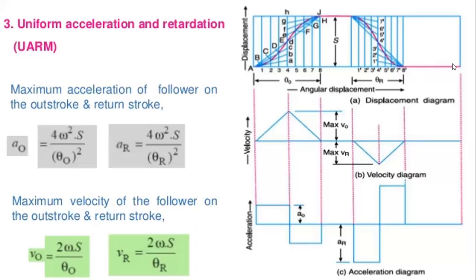Then we have the dual line. So this is the construction. And then we need to draw these velocity diagrams with reference to this formula. So for the velocity, that is the maximum velocity of the follower for the outstroke and the return stroke. So for the outstroke,